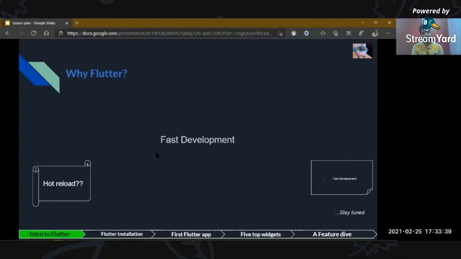Hot reload is another powerful feature that solves so many problems for developers. We will see it, and don't panic. We'll be seeing in a short while what hot reload is. So let's move to the next advantage of why we use Flutter.